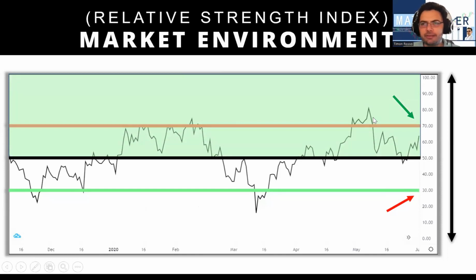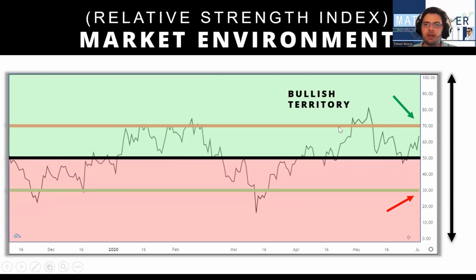Now, the way I see it with RSI, not everyone sees it this way, but I like to use the 50 level of the RSI to determine whether the market is in a bullish momentum or in a bearish momentum. Between 50 and 100, when the RSI crosses above 50, it is in bullish territory. This is where the buys are kicking in. Then you have between 0 and 50, where I like to call it bearish territory, where the sellers are still dominating the market and the price is more likely to continue down, or it is in a downtrend.